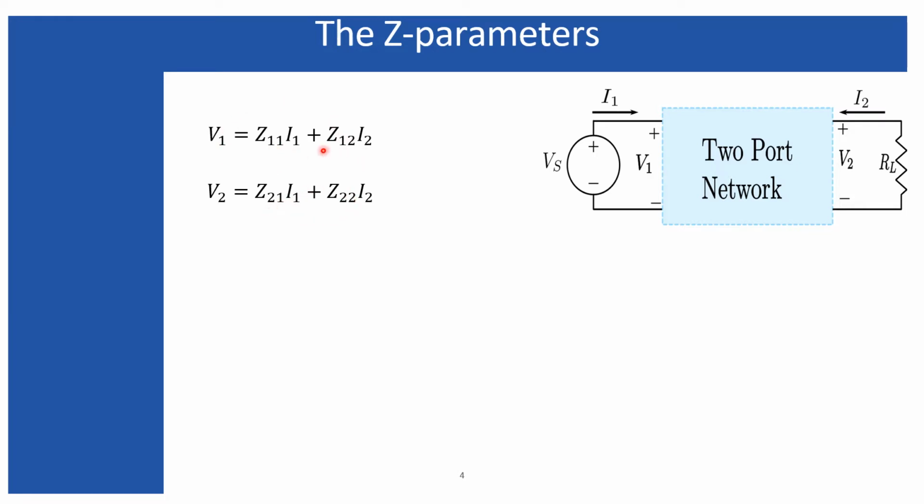So what are these coefficients we need to understand first? If you consider I2 equals 0, and you can do it very easily, because if you take the load off from the circuit, that will make I2 equals 0, but V2 is not. So if I2 equals 0, from the first equation you will have Z11 equals V1 by I1. Therefore Z11 is basically the ratio of the input voltage to the input current. That means Z11 represents the input impedance of the particular device.